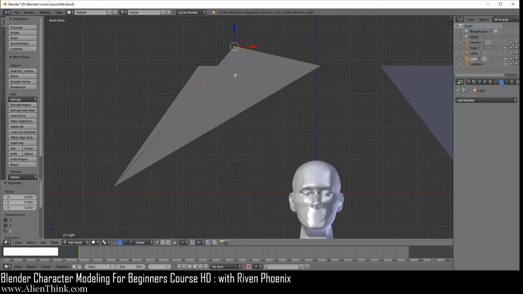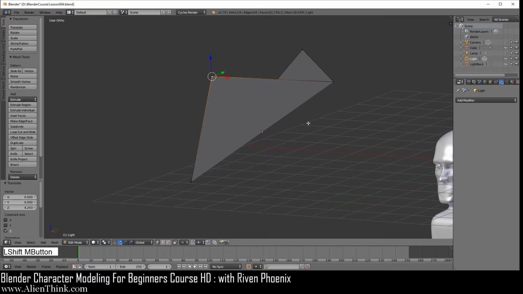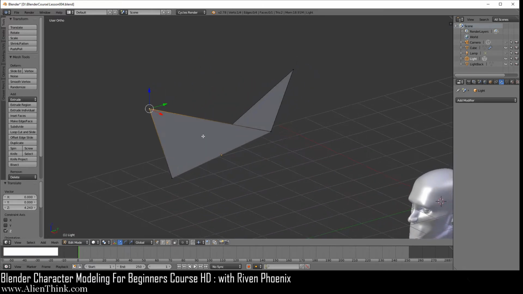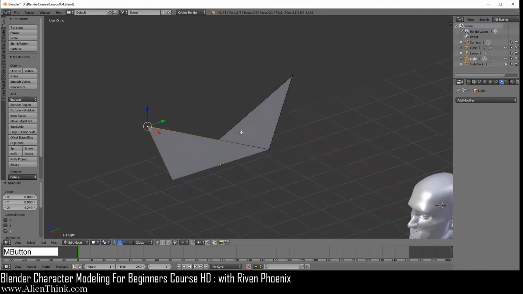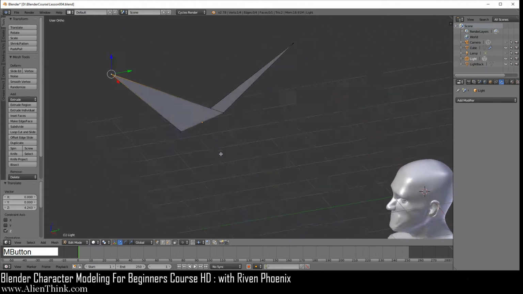So when you do that, you'll see that what you get is a triangle over here, and then there's another triangle in the back. So if I use the middle mouse button to rotate this, Shift middle mouse button to pan and just rotate it, what you'll see is that the square shape that we were looking at, which was a quad, is actually made out of 2 triangles, and you can see this clearly over here.